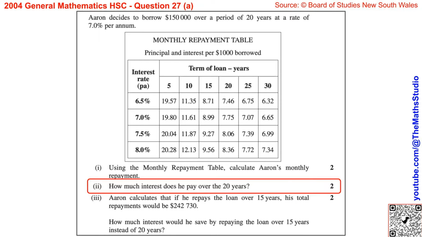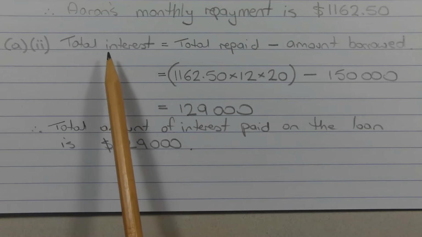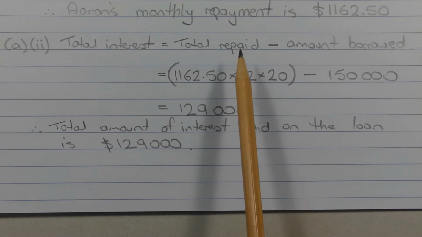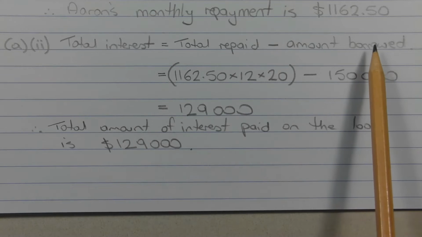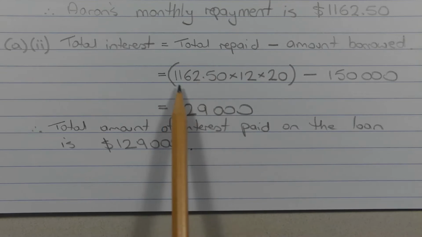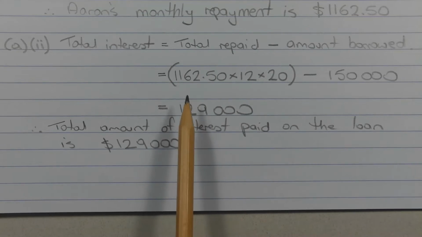Part 2. How much interest does he pay over 20 years? The total amount of interest paid on the loan is given by the total amount repaid minus the amount borrowed. So to find the total amount repaid, we take the monthly repayment, which we found in part 1, which is